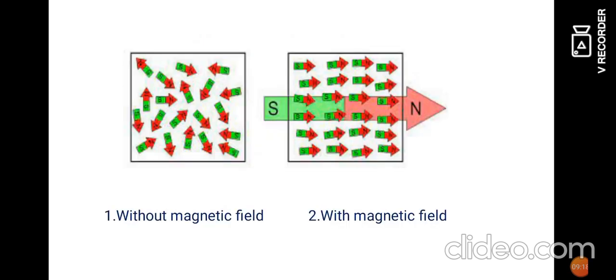Now let us see the figure. The first figure, the situation or the condition of the magnetic dipoles inside the ferromagnetic domain without the application of the external magnetic field. Here we can clearly see that all the magnetic dipoles are aligned in a random direction. There is no perfect order at all. Now let us see the second figure. When we apply the external magnetic field, all the magnetic dipoles present inside the ferromagnetic domain will be aligned in